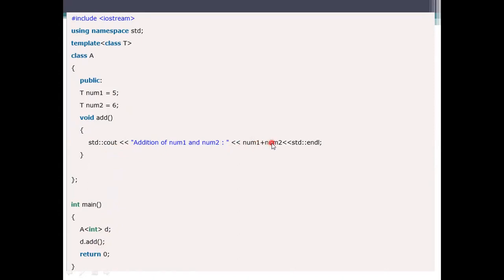So what are num1 and num2? These are the integers. We are specifying the namespace, and what you have specified has to be used here. So 5 and 6 have been considered there. It will substitute the 5 and 6, and then next it will return the addition of num1 and num2, and then end the process. So here we need not present any data type representations when we are processing this.